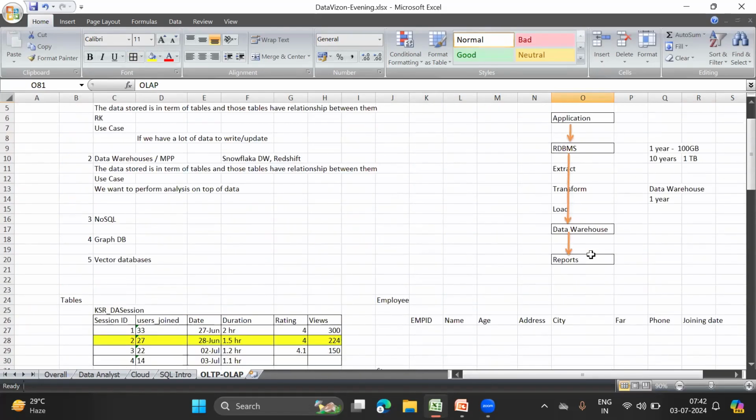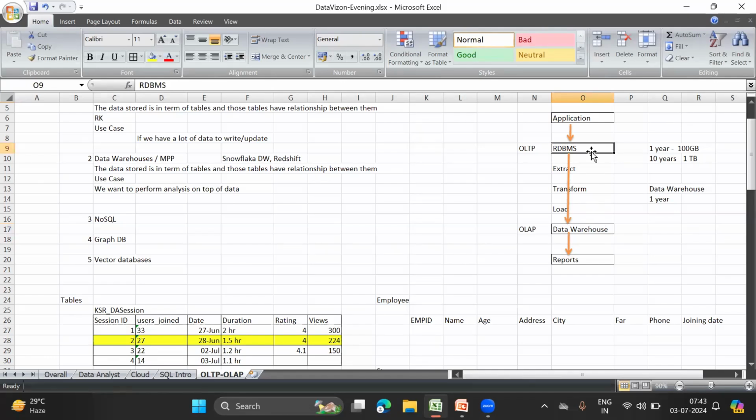So one thing, your RDBMSs are good for OLTP, whereas your data warehouses are optimized for OLAP. In your data warehouses, you will be analyzing the data. That is why data warehouses are created for doing analysis faster, to answer your queries faster.